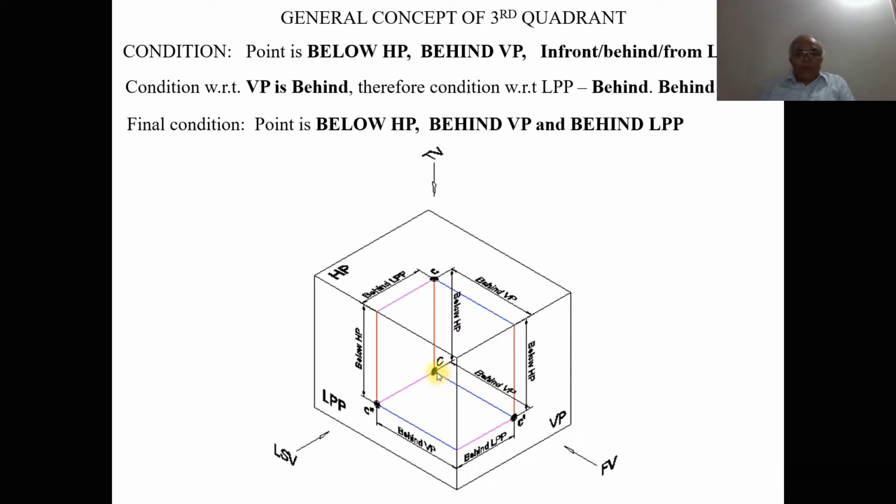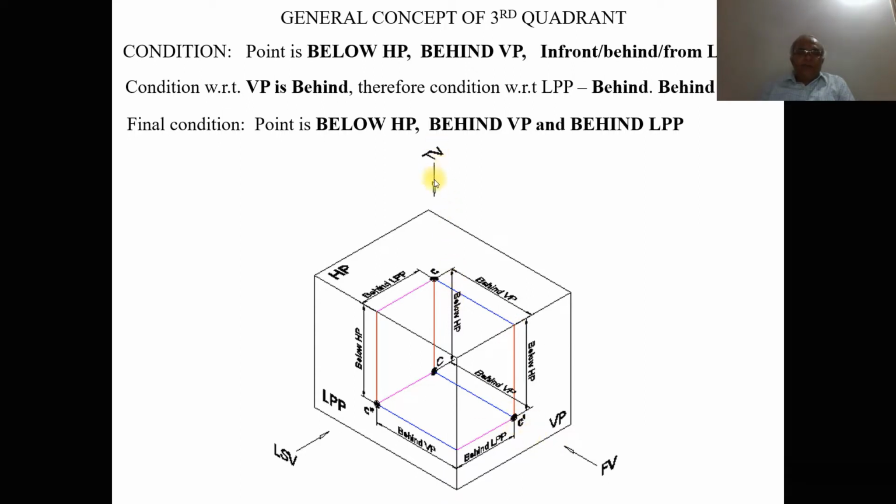VP. So here, if you consider this, when you look from the left side view or the right side view, the image is going to lie on the left profile plane. And when you see from the front view, the image is always perpendicular to the viewing direction, so obviously it should be on VP. So the point is below HP. When it is projected below HP, it will be seen on the vertical plane as C dash.